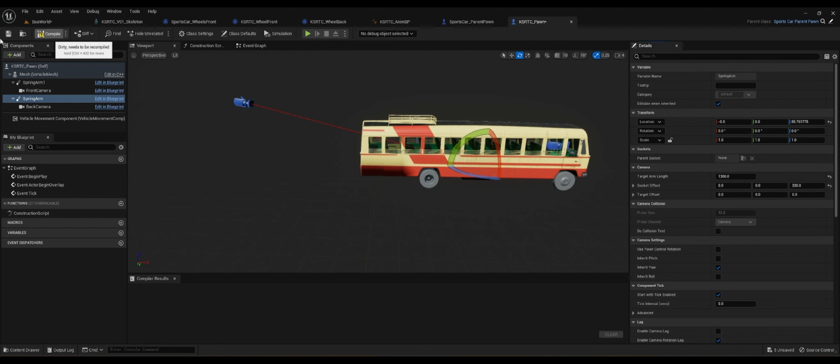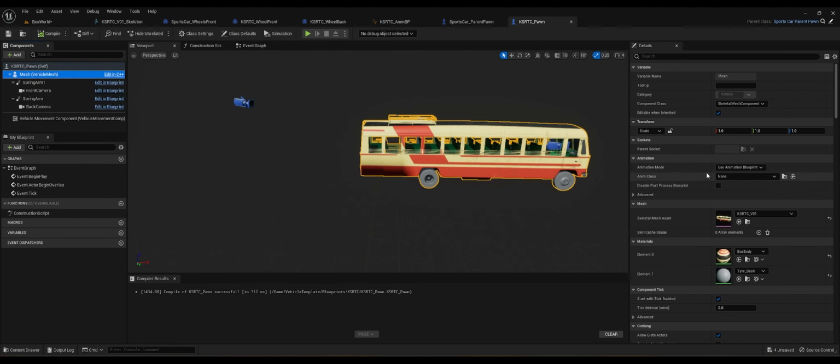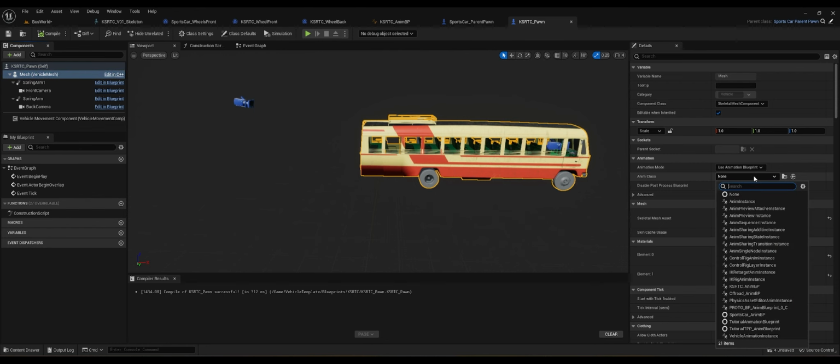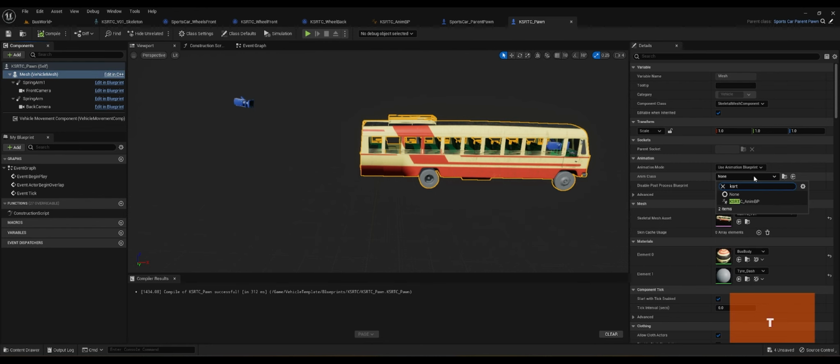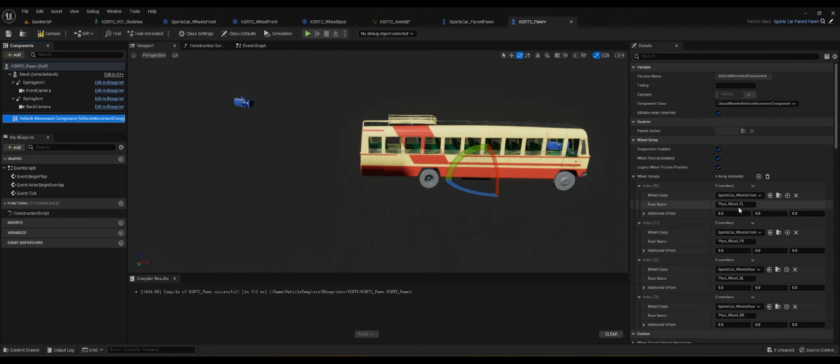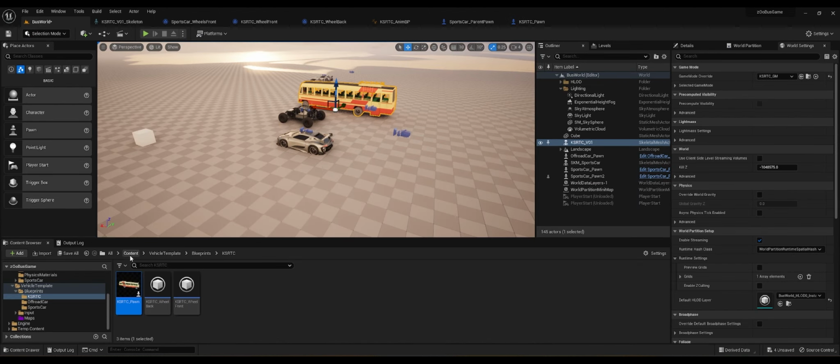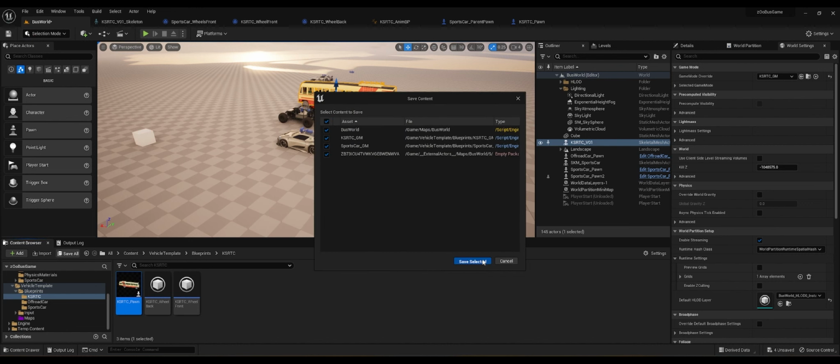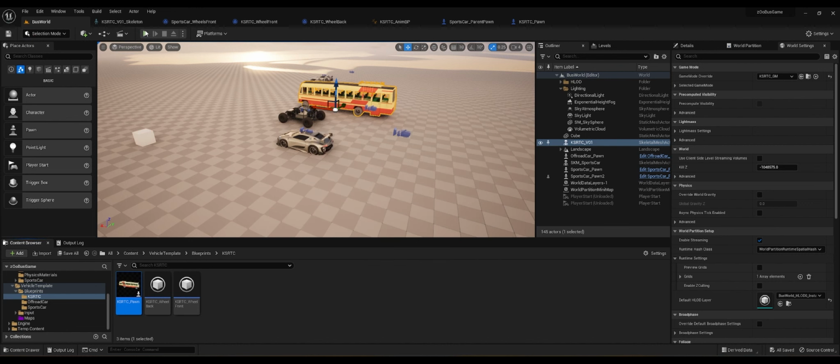Yeah, let's compile it again, save. Don't forget to go back and get the animation blueprint here, KSRTC anim BP, and our vehicle movement component, do all this again. Now it is the same setup as before, and let's save all again. And if I hit play,